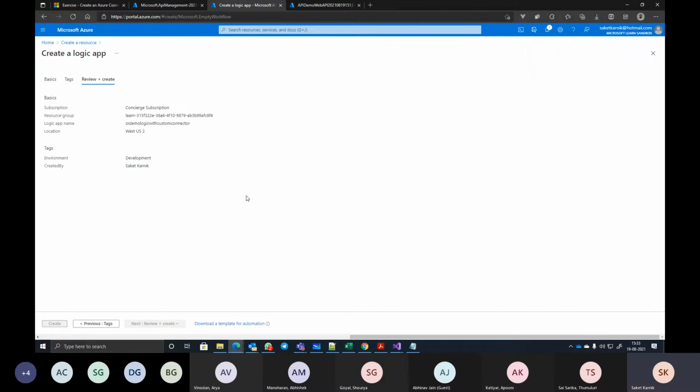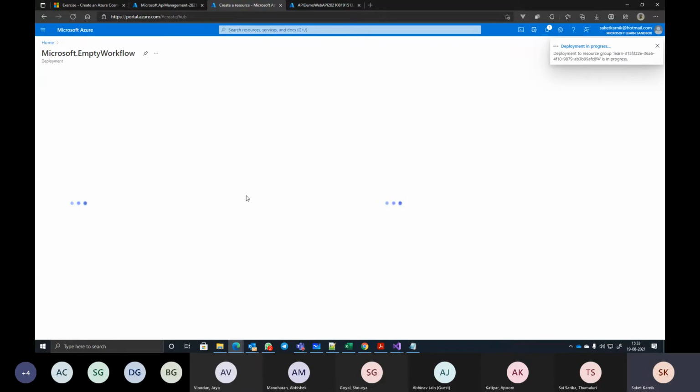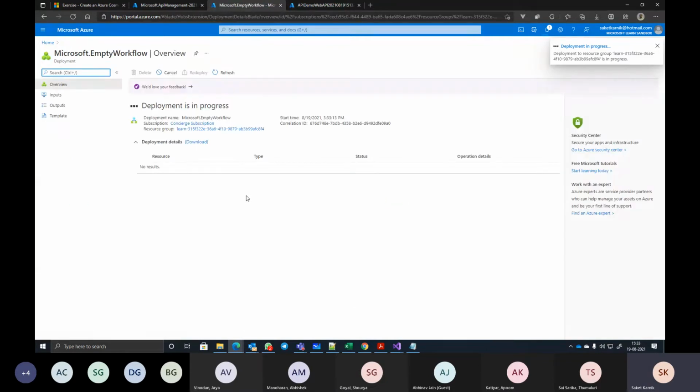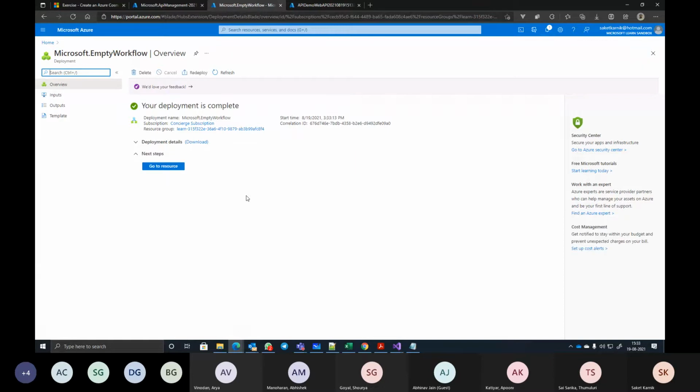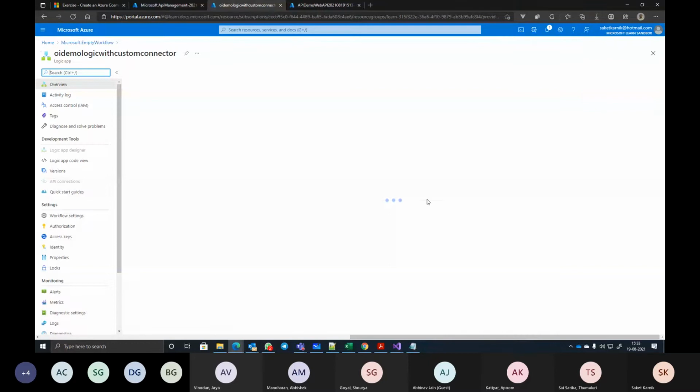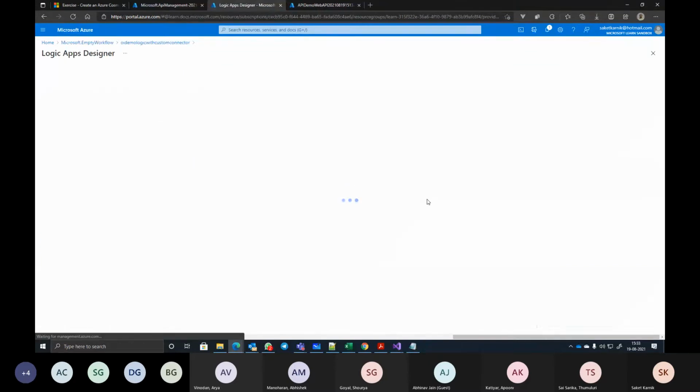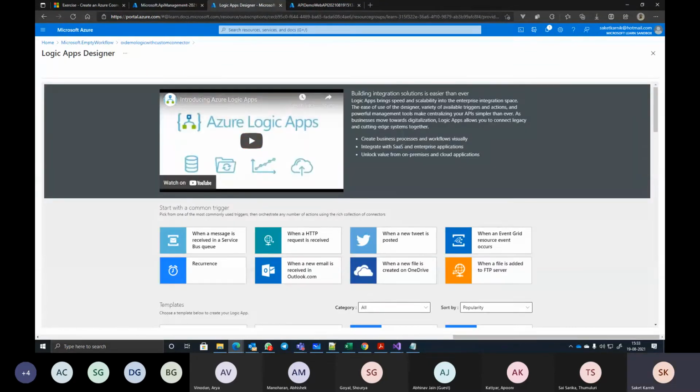We need to test whether those API options are available as connectors or not, right? Say go to resource. Here comes Logic App Designer.